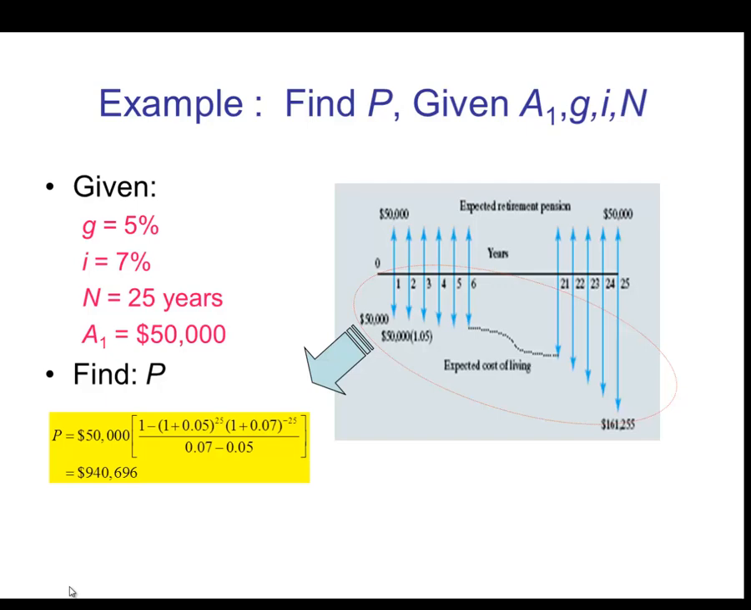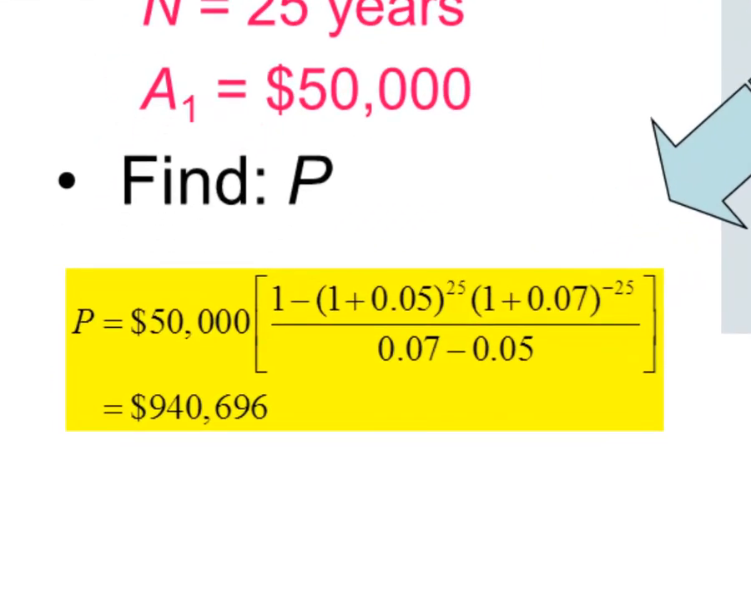Let's look at the following example. We need to find the present worth if we have g equal to 5%, I equal to 7% over 25 years with annuity of $50,000. Now notice that g is not equal to I. I is equal to 7% while g is equal to 5%. Since this is the case, then we use the first formula. So we have P is equal to A1, in this case it's 50,000, multiplied by the factor, and that will give us